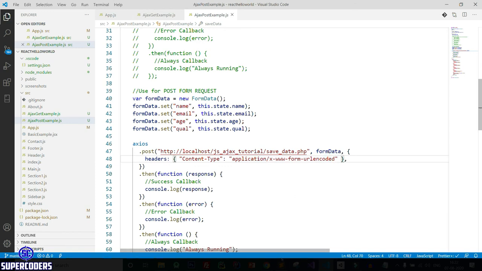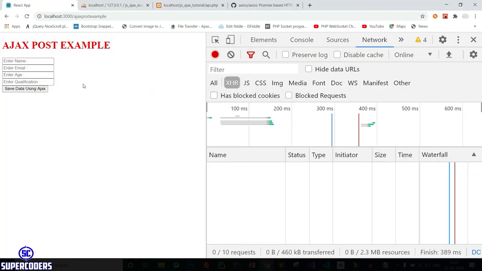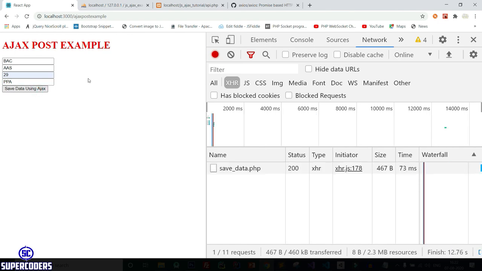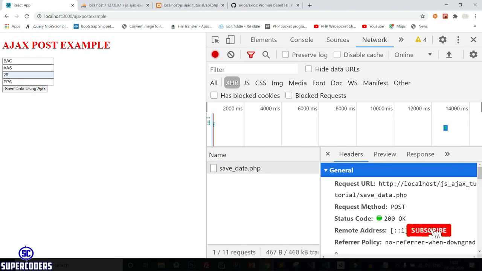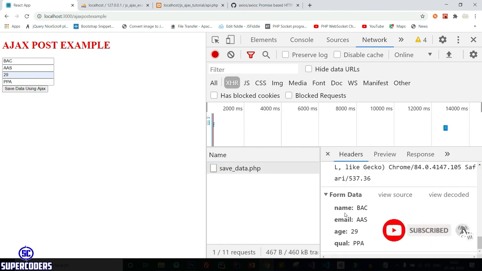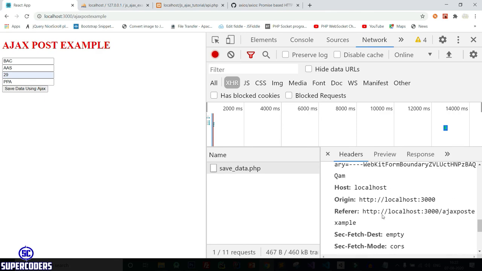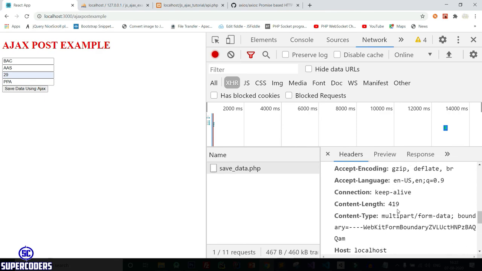Now save it. Again refresh page, giving name like ABC. And let's see. Now this time you can see it's showing in form data instead of JSON data, and the method is form data.